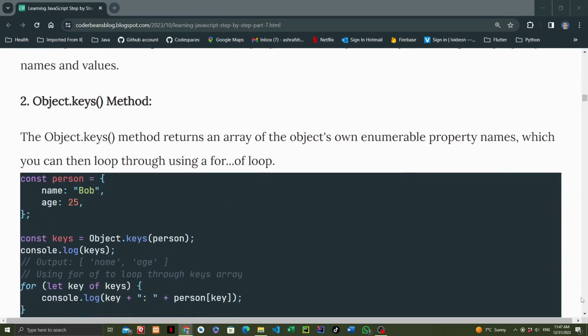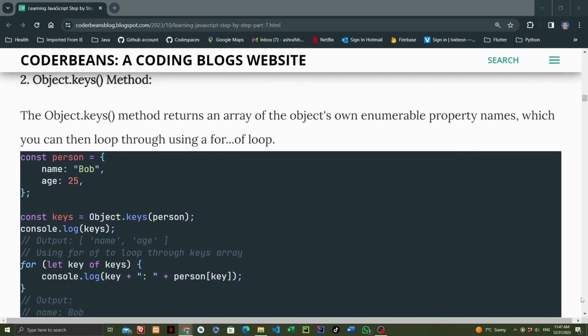Object.keys method. The Object.keys method returns an array of the object's own enumerable property names, which you can then loop through using a for...of loop. const person = { name: "Bob", age: 25 }; const keys = Object.keys(person); console.log(keys). It will output name, age. // using for...of to loop through the keys array: for (let key of keys) {